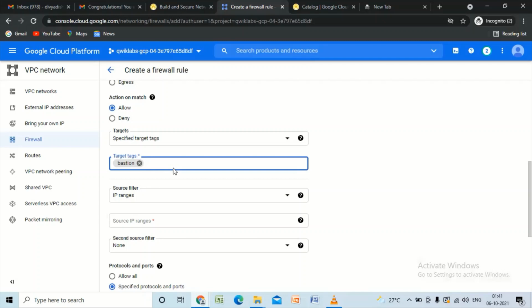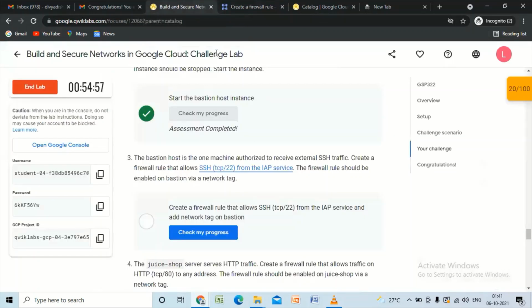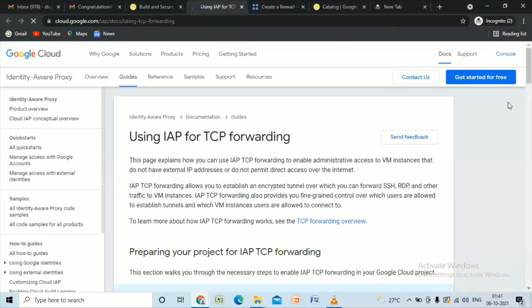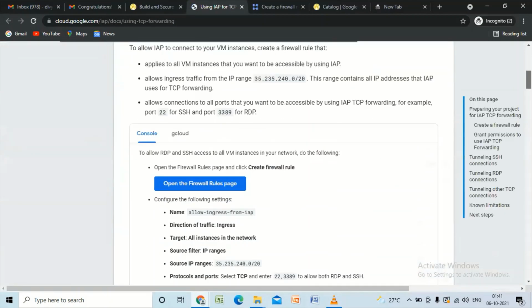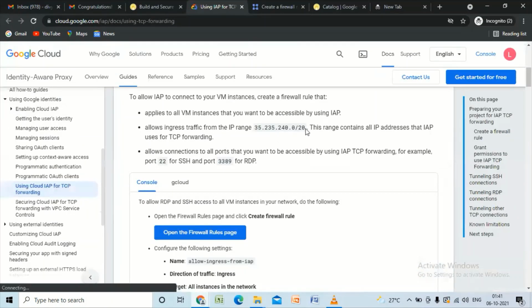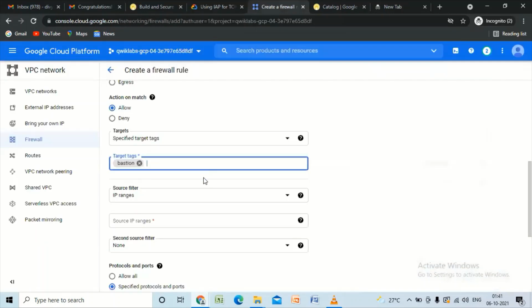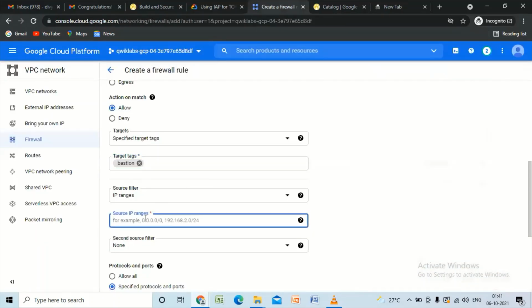Now you need to mention the IP range. For that, we can click on this hyperlink. Copy this IP range and mention it here.